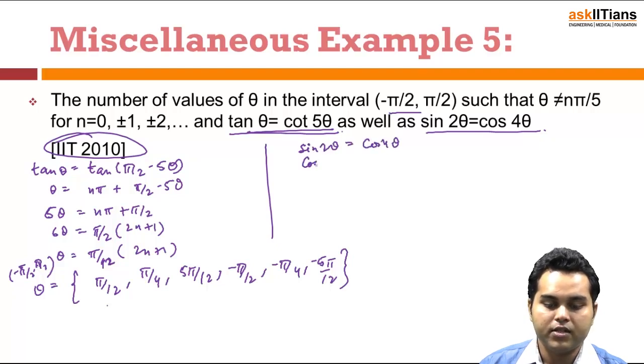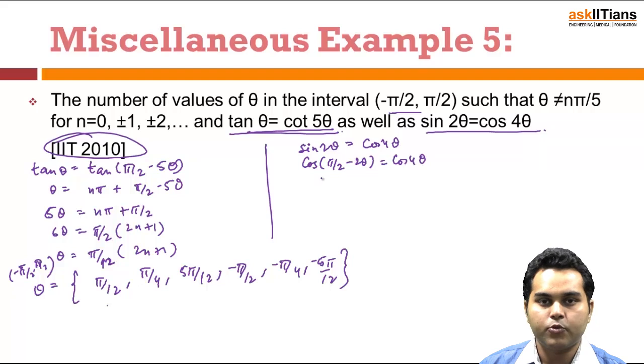So sin 2 theta can be written as cos of (pi by 2 minus 2 theta), which is equal to cos 4 theta. This is of the form cos theta equals cos alpha, to which the general solution is theta equals 2n pi plus or minus alpha. So here, pi by 2 minus 2 theta is equal to 2n pi